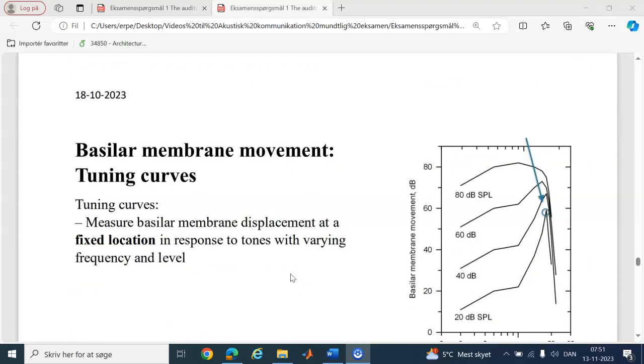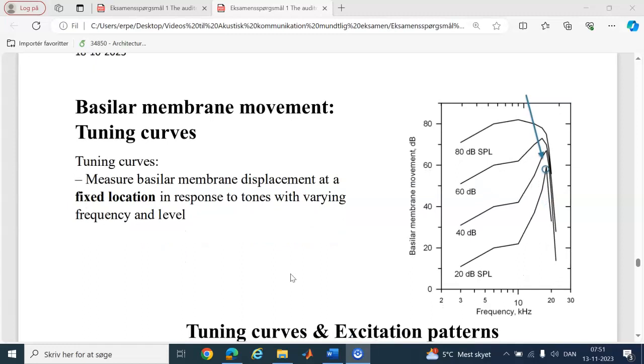Basilar membrane movement, tuning curve. What is a tuning curve? It measures basilar membrane displacement at a fixed location in response to tones with varying frequency and level. If you have a graph with frequency on the first axis and basilar membrane movement on the second axis, you can see that